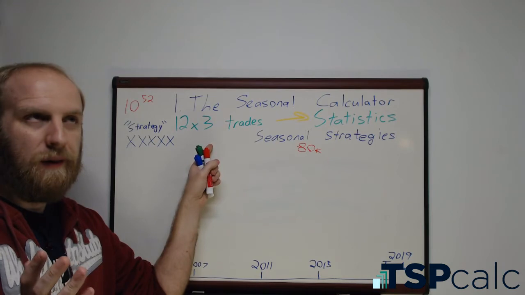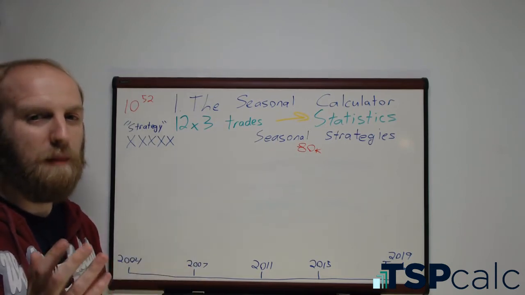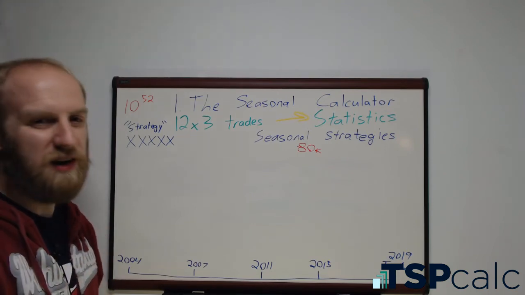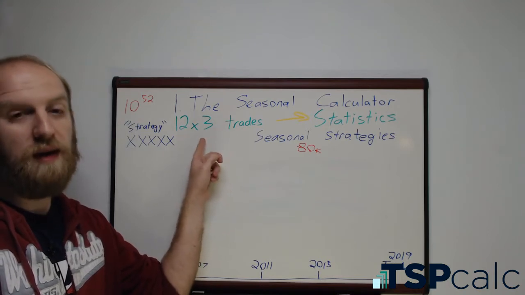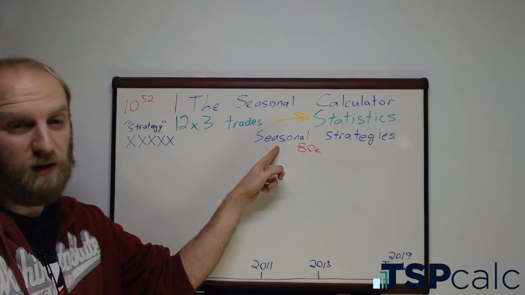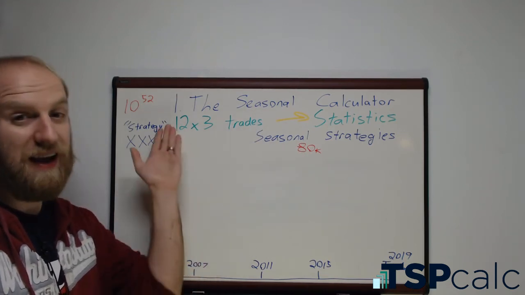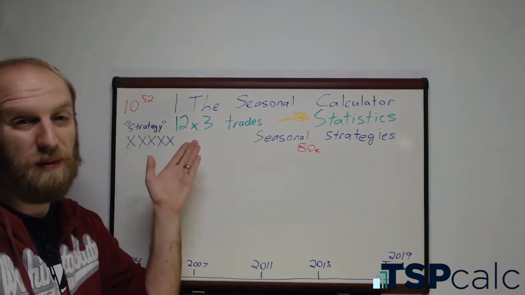Well, what if I wanted to build a strategy? What if I wanted to look at months? Okay, I want to find the best way to trade April. This will not do it, okay, because you have to input all 12 months. You might be able to find a good April out of one of these, but you can't really find the best because I can't solve every possible way to do this,